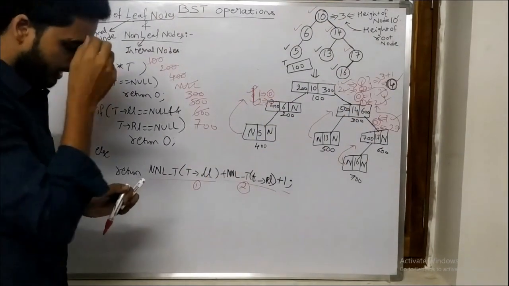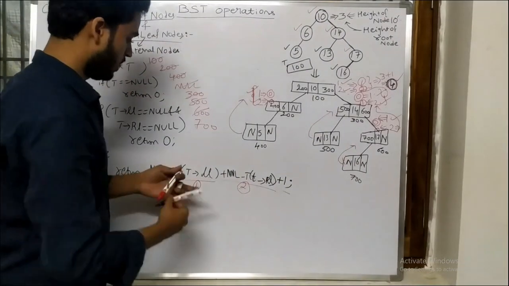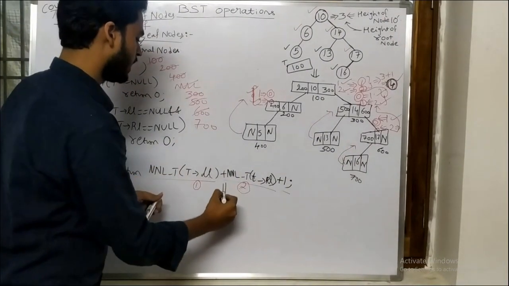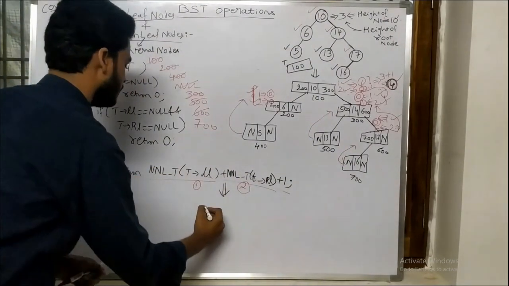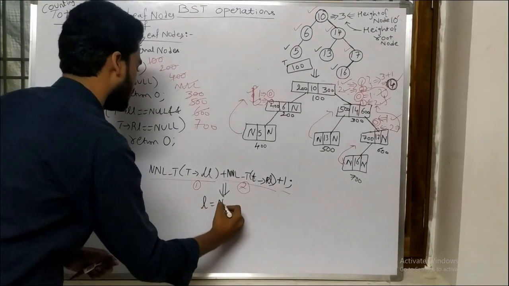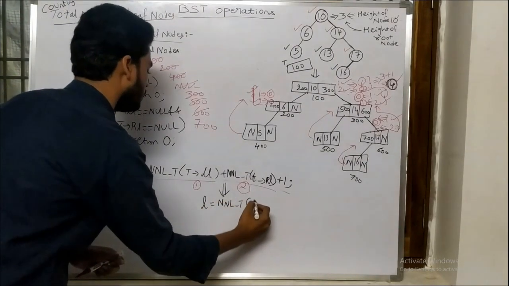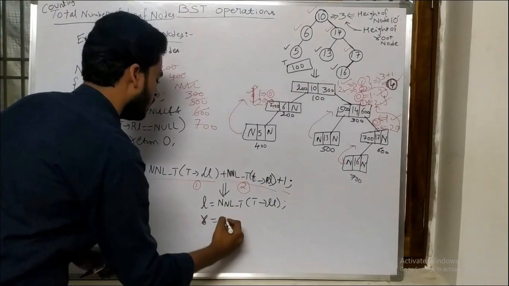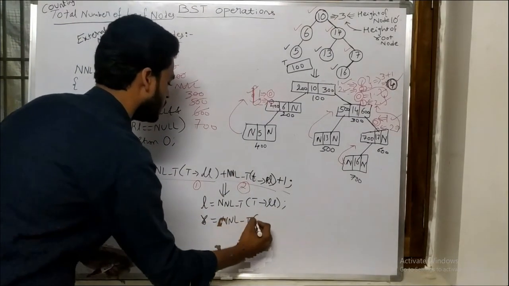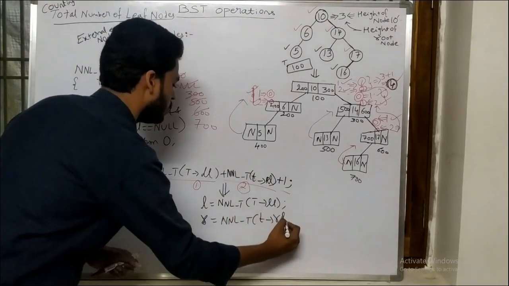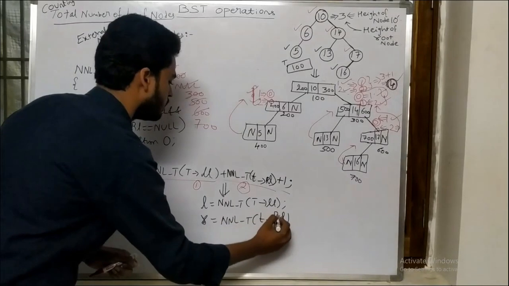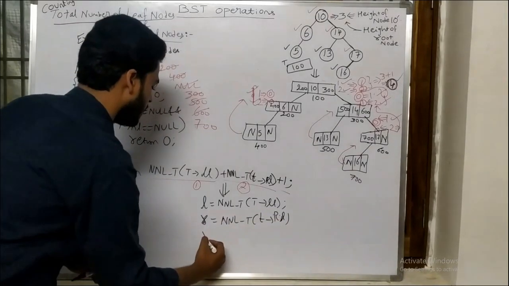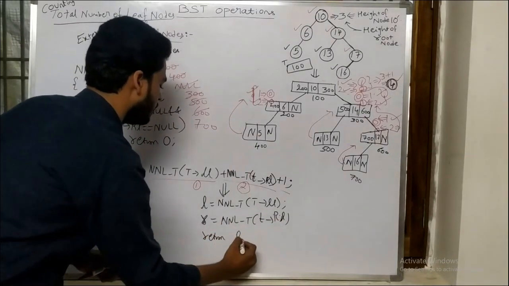Okay. Here you may have some confusion, right? Like this one, I can also write L equal to number of non-leaf nodes. I can write it like this also. Don't get confused. R equal to number of non-leaf nodes in the tree, t tends to right link. And then I am going to simply return L plus